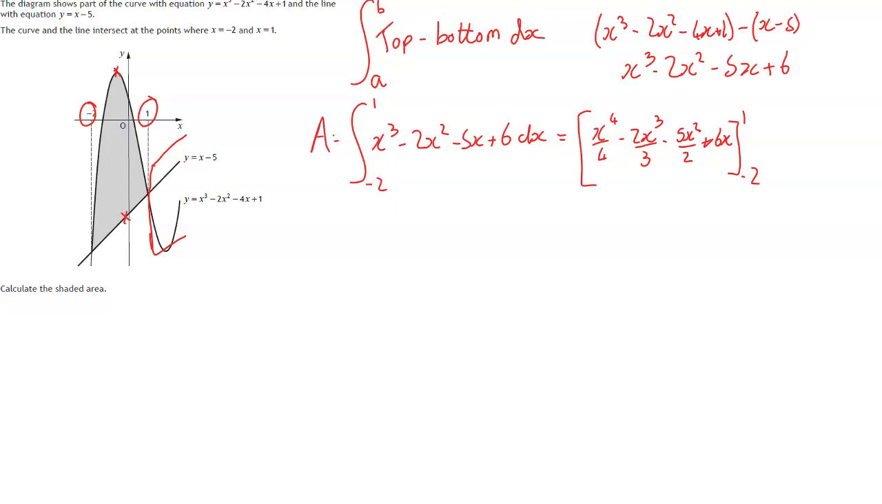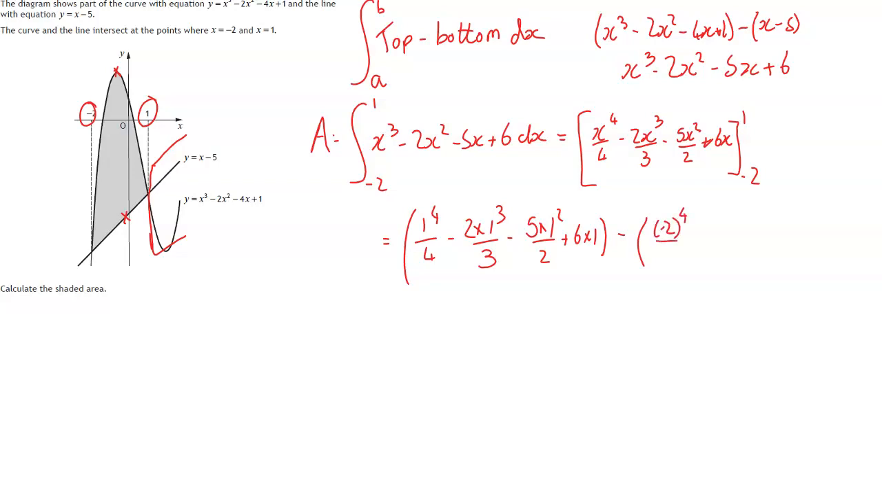Continuing on, what we then do is we substitute the top limit, take away the substitution with the bottom limit, and we get an overall answer there. So what we'll end up getting is 1 to the power of 4 over 4, take away 2 times 1 cubed over 3, minus 5 times 1 squared over 2, plus 6 times 1, take away